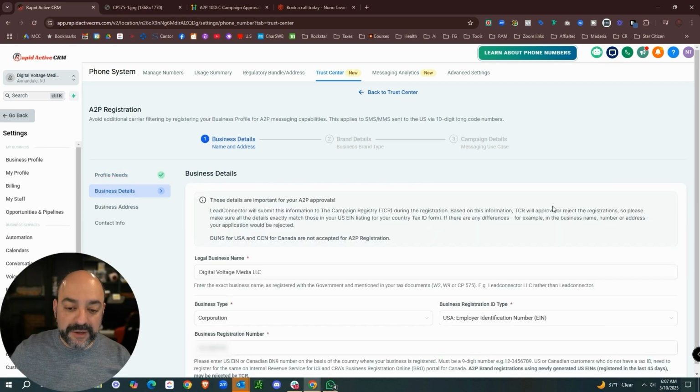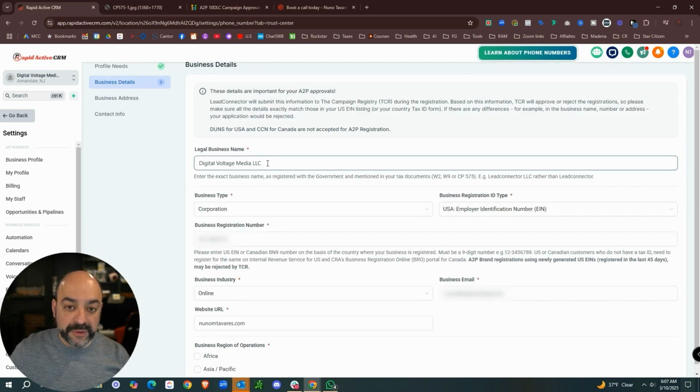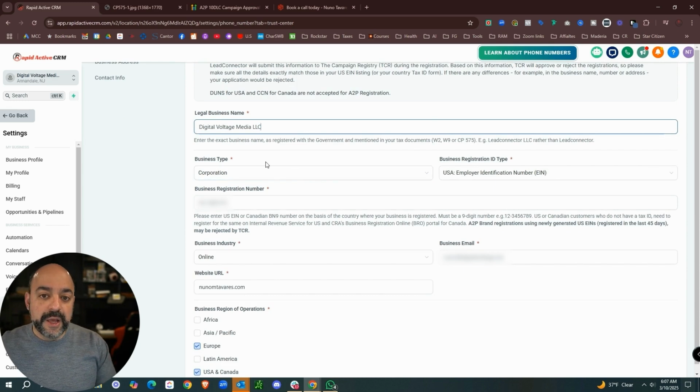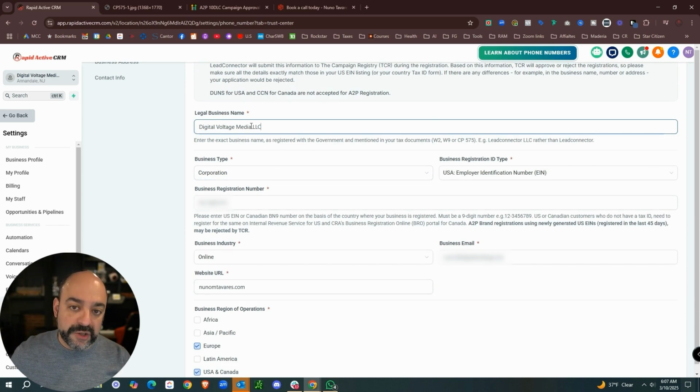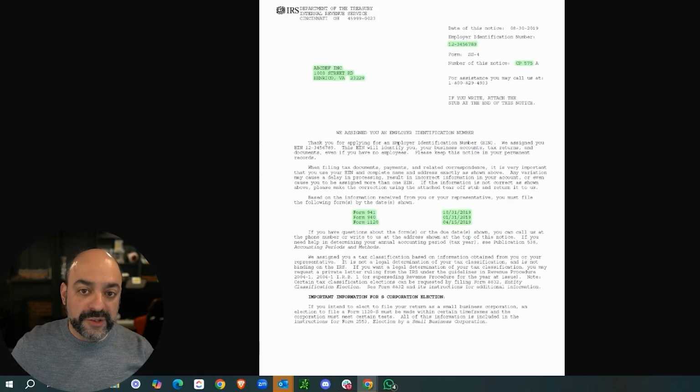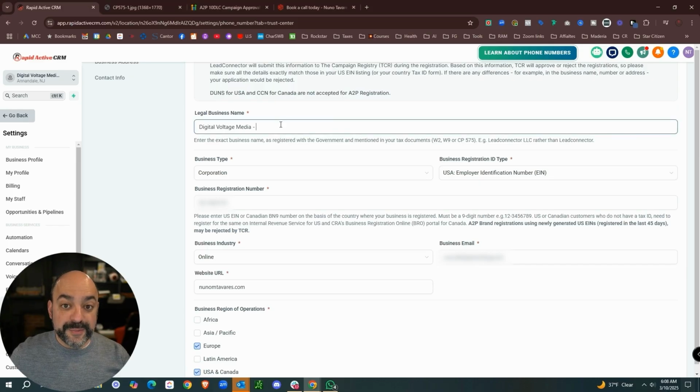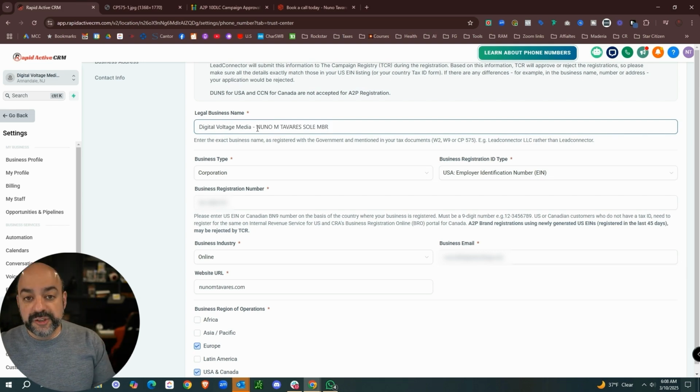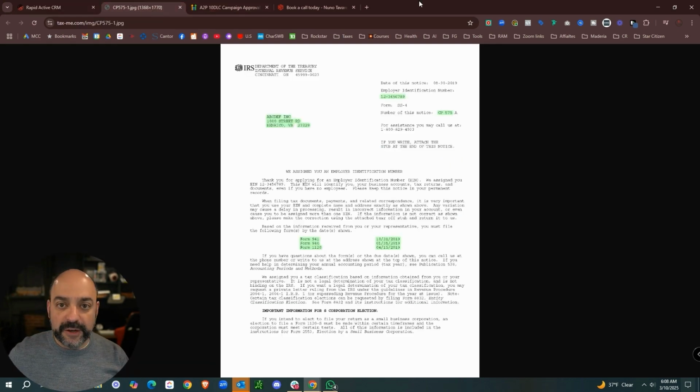All right, now we're going to hit continue, and notice that we have our legal business name, but again this will be grayed out. I have my business number and everything else. One thing to note about the business legal name: sometimes your CP575 will have an additional name right underneath it, usually your name, depending on how you have it built out. If your name is there, it is really good practice to put it exactly the way it's spelled out, because mine, for instance, has my name right underneath it. Just know that whatever it says on that CP575, let me see if I can find you a quick example.